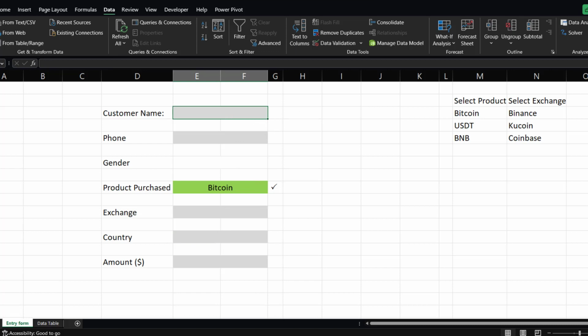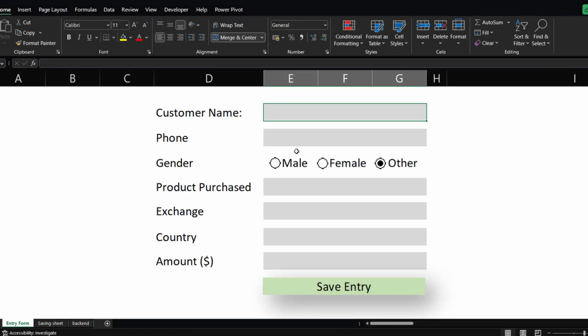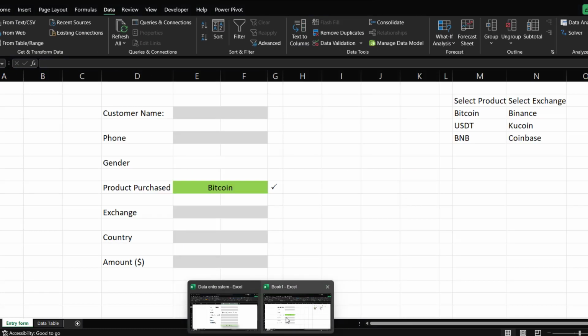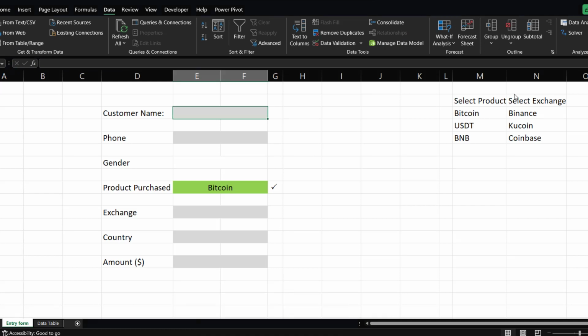Let's see how far I've gone from here. So as you can see, now we need to add these buttons for the gender. So go ahead and add the buttons. Let's see how to do that. All right, so to add the buttons for this,